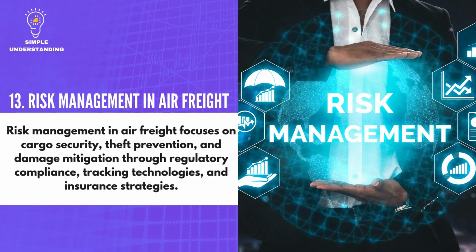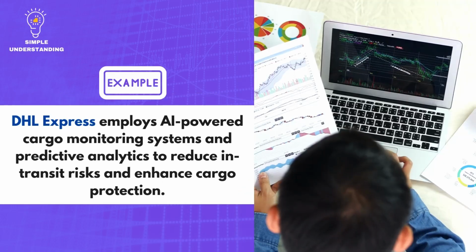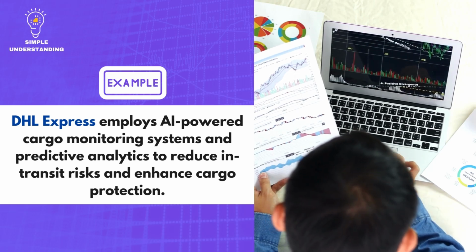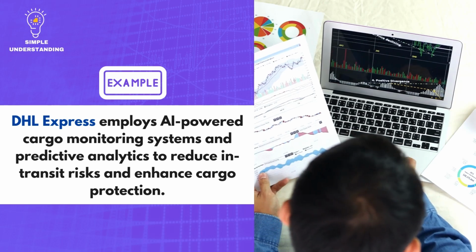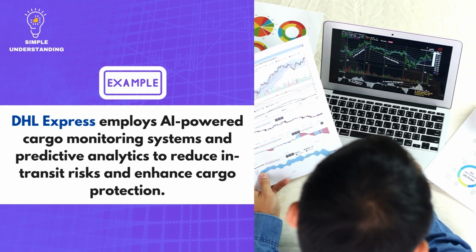13. Risk management in air freight. Explanation: risk management in air freight focuses on cargo security, theft prevention, and damage mitigation through regulatory compliance, tracking technologies, and insurance strategies. Real company example: DHL Express employs AI-powered cargo monitoring systems and predictive analytics to reduce in-transit risks